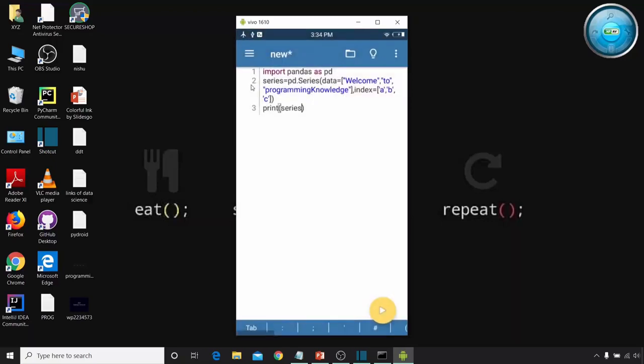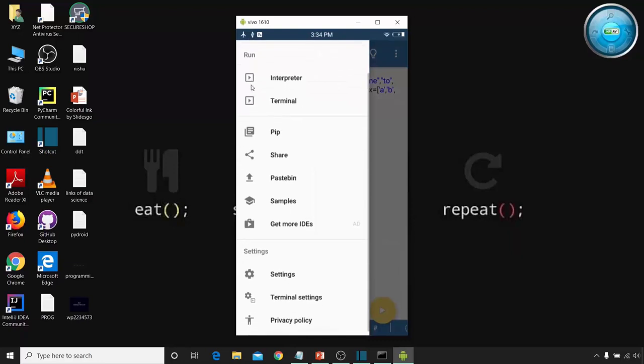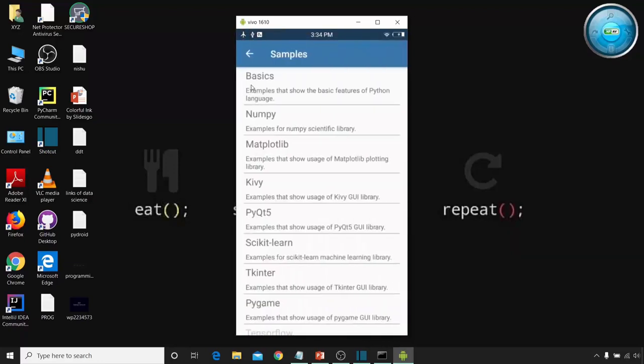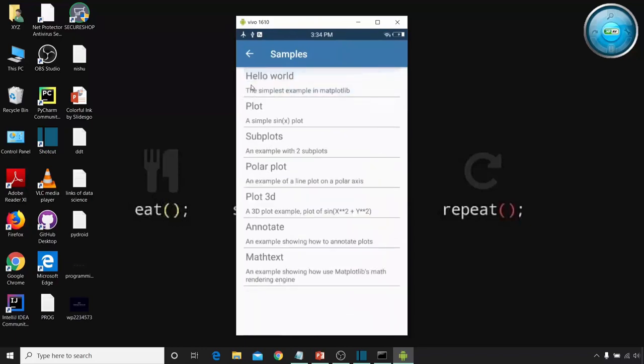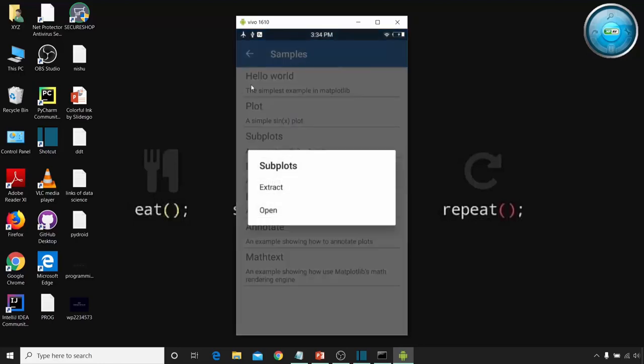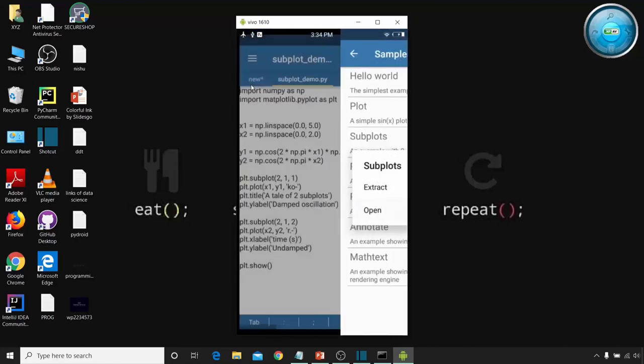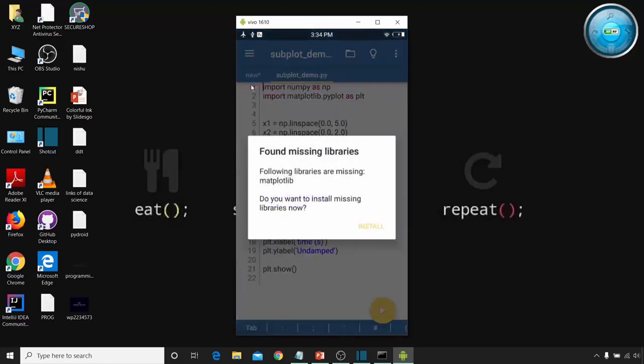For example, if I run any matplotlib program, I'll just go over here and I have some samples of matplotlib. Here I can see we have basics, we have numpy, we have matplotlib. So I'll click on matplotlib, and let me select any one of it, for example subplots. I will click on open, and here it says found missing libraries. So do you want to install the missing libraries now?